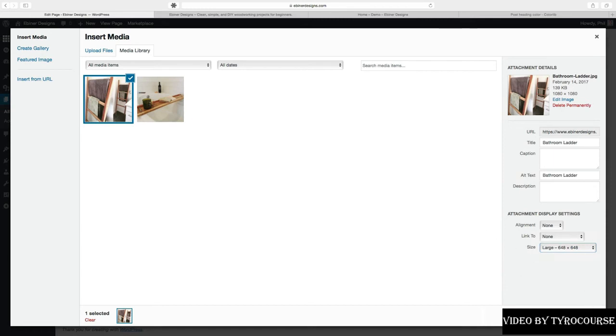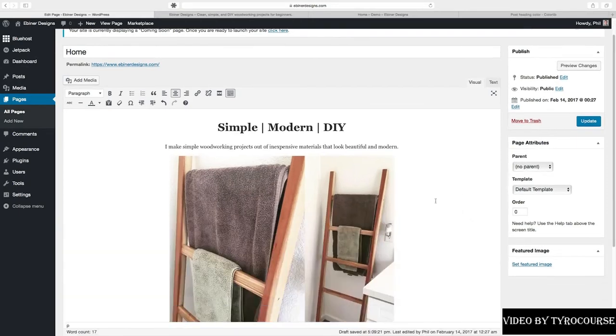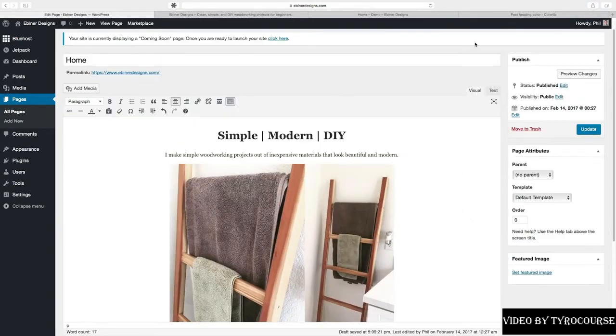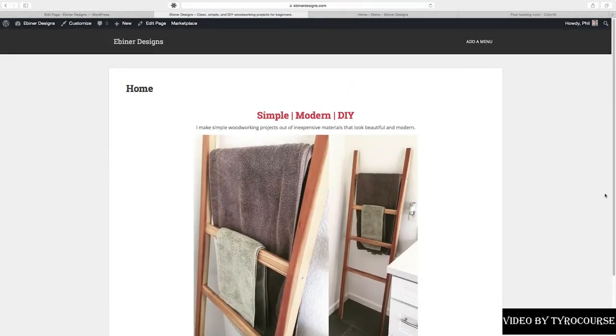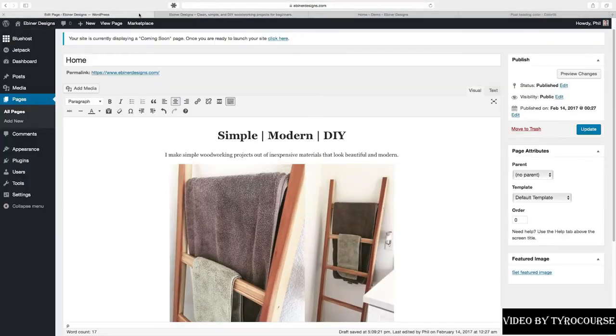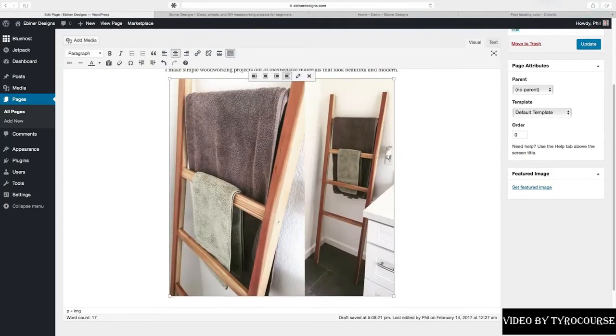So let me just say insert into page to see what this looks like. So now we have this image in our page. And if we preview changes, we'll see that this image is on our page. It's a little too big though, so let me go ahead and decrease the size. There's different ways to decrease the size. If I click on this